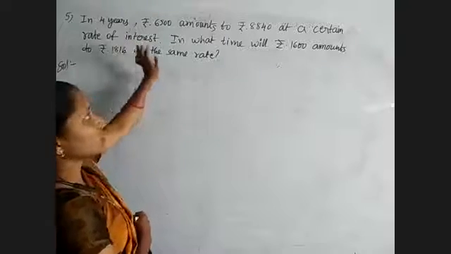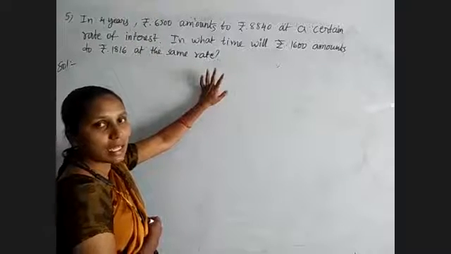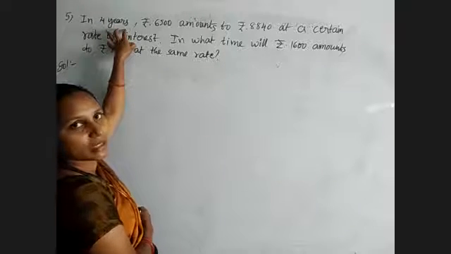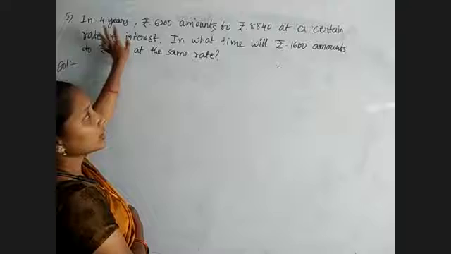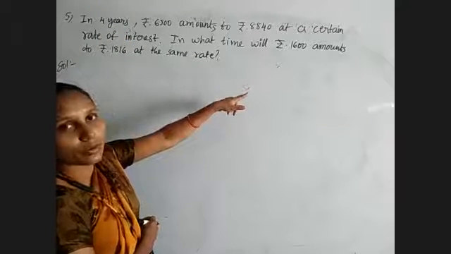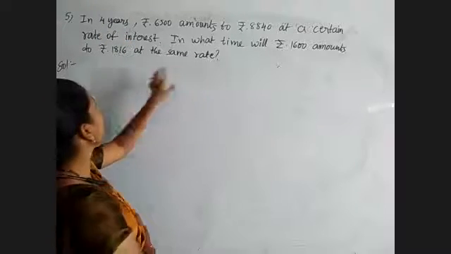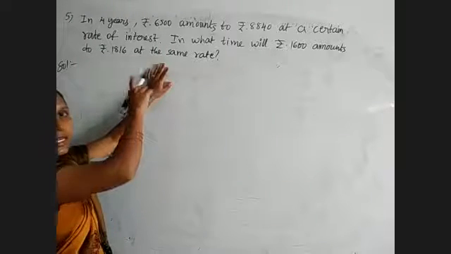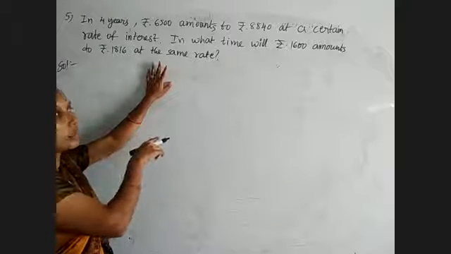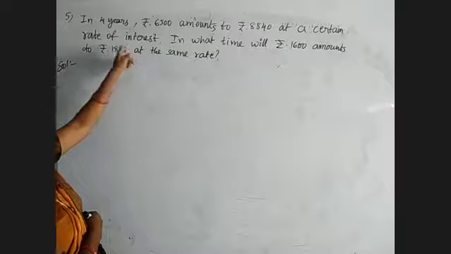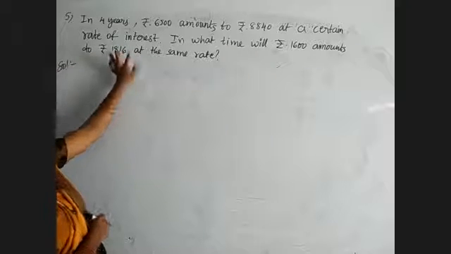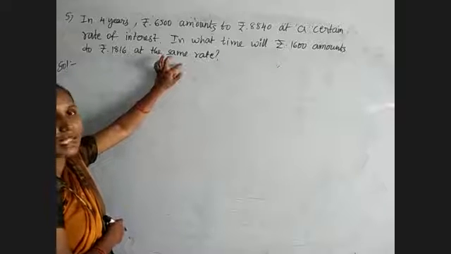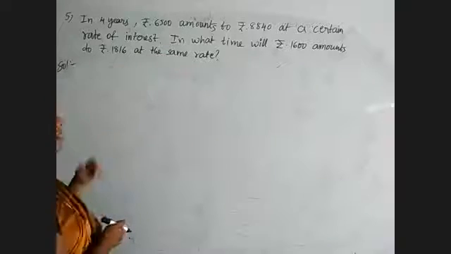Okay. After that, in what time means again they are asking time. In the first condition, rate of interest we will get by simplifying because here time mentioned. In what time this new principal 1,600 amounts to 1,816 at the same rate. So rate is same, principal is there, I value is there, but we have to find out a T value in the second question. First question R value, second question T value. Okay, two questions are there.